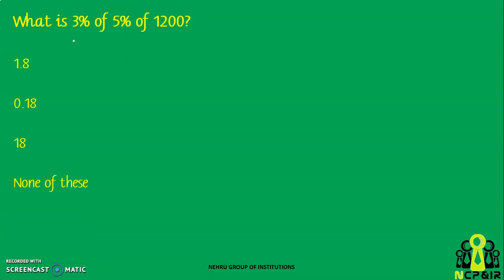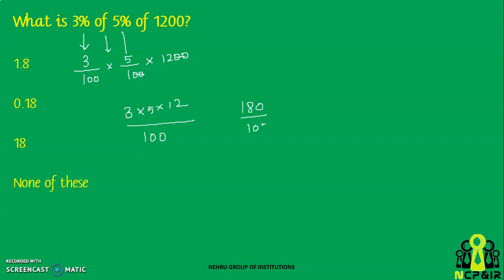Whenever you have problems like this, 3 percentage, you need to write it like this. This will be 3 by 100. Of, I told you, should be replaced by a multiplication symbol. Again 5 percentage will be 5 by 100 into 1200. So you can eliminate these two zeros. So this is going to be 3 into 5 into 12 divided by 100. Okay, so we know 5 into 12 is 60, 60 into 3 will be 180 divided by 100, so that will be